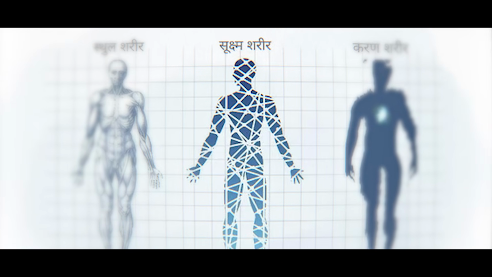Now let's look at the question. The question talks about this Sharira, Sukshma Sharira, where the chakras are there. What exactly is that? Now, as per the ancient wisdom, our existence is trichotomous. That means there are 3 layers where we exist. First is the Sthula Sharira, the physical body, and there we have everything physical.